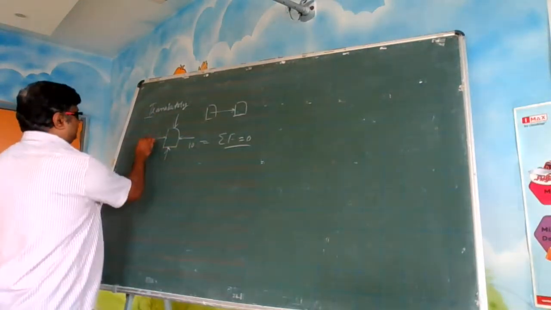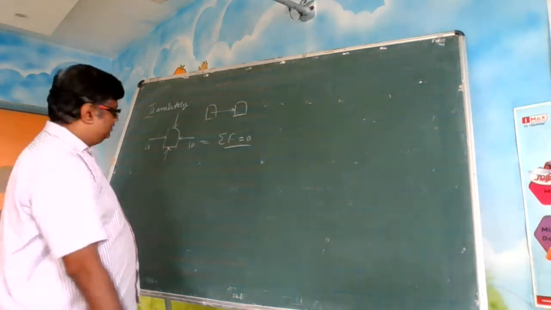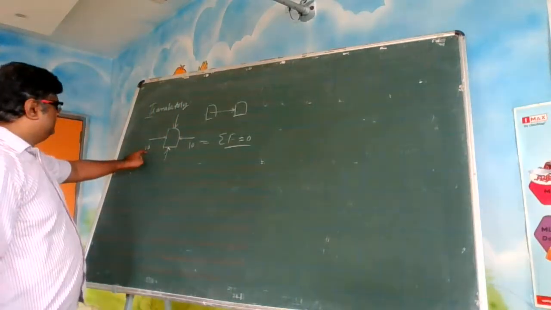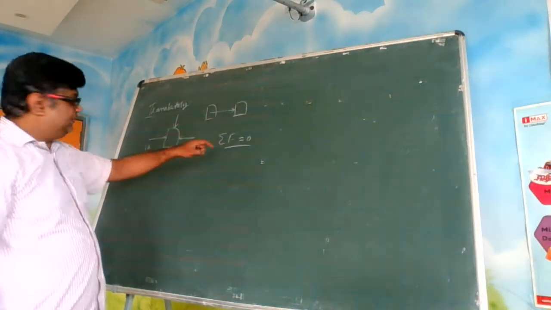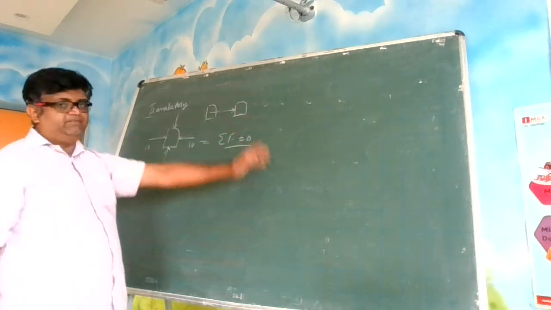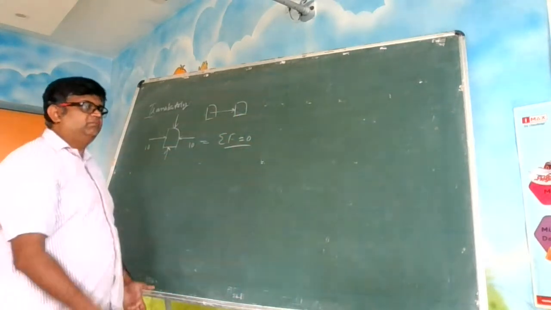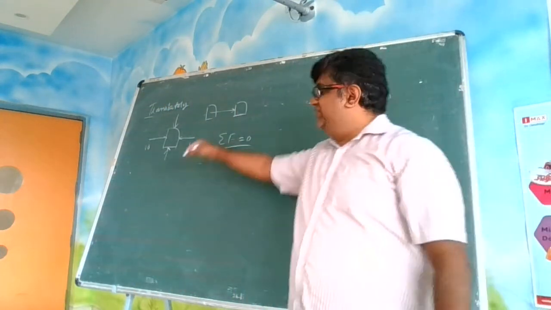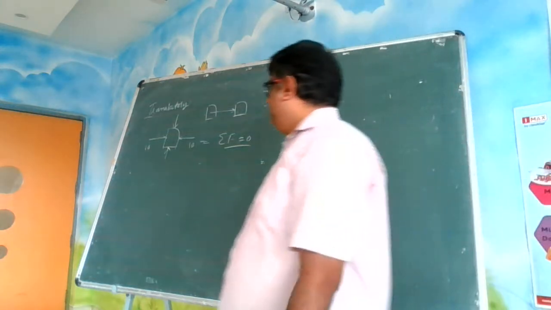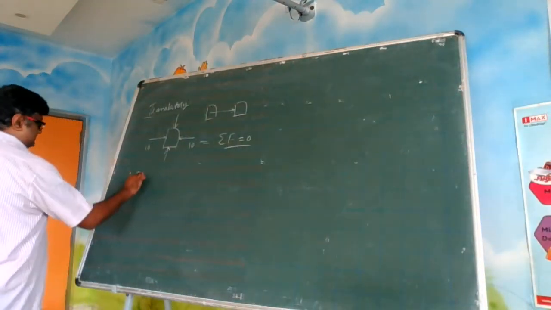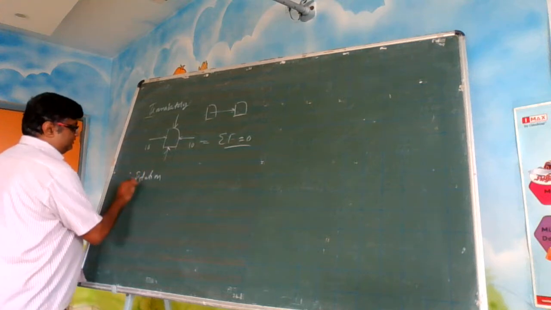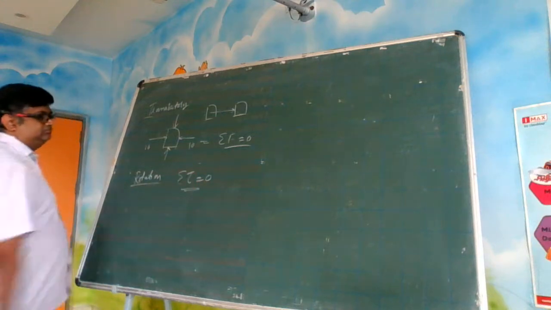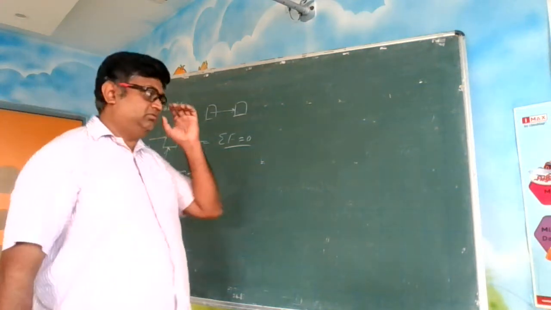Suppose there is a 10 Newton force here and a 10 Newton force here, this won't move. Because moving means what? If this force was 20 Newtons and this is 10, then 10 additional Newtons are there in the x direction, and the object will move in the x direction. The object moving means it is gaining acceleration; some force is acting on it. Similarly, in rotation, the condition that we use is sigma torque is equal to 0.